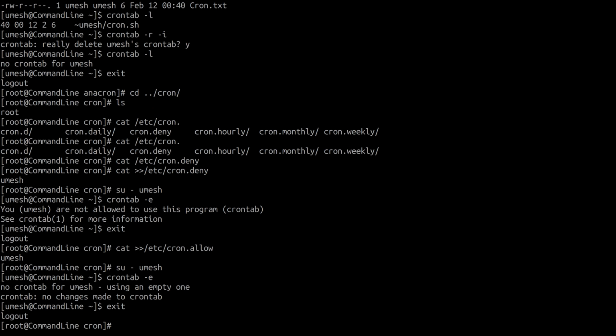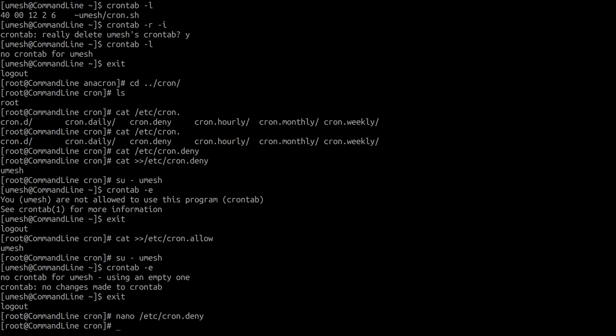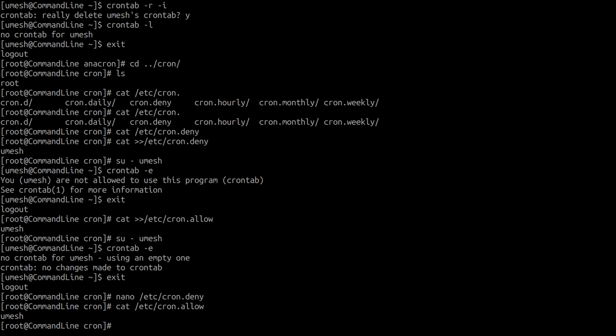And if you want to deny everyone and allow only one user, what you can do is go to cron.deny, delete this user, but say ALL, that will deny all the users. But since we already have Umesh in allow, Umesh can run cron tab command.